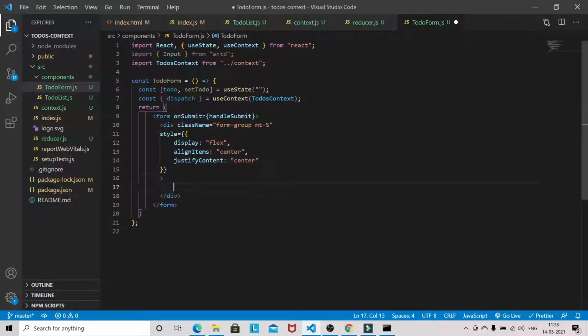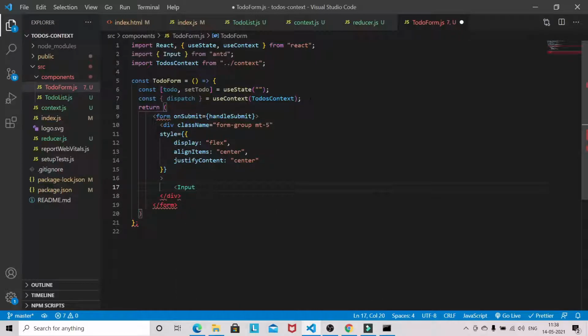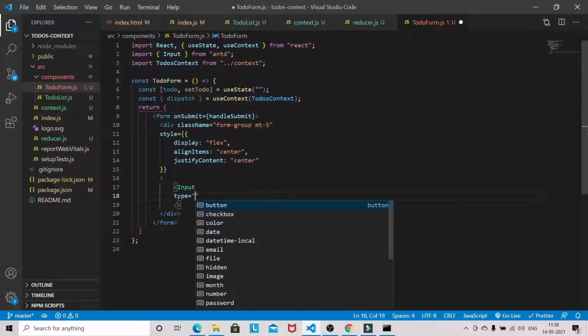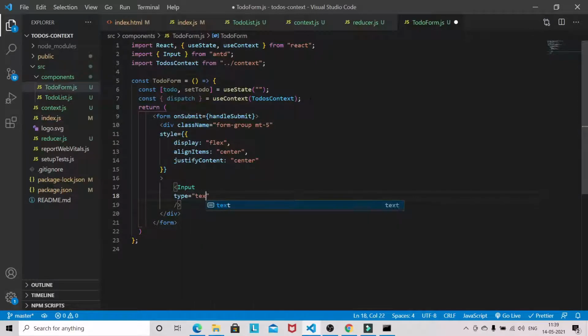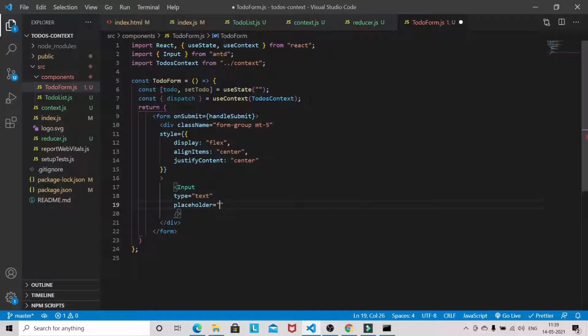Now we will be adding our input component here. So input component as of now will have type text, placeholder something like enter to do's, and style.